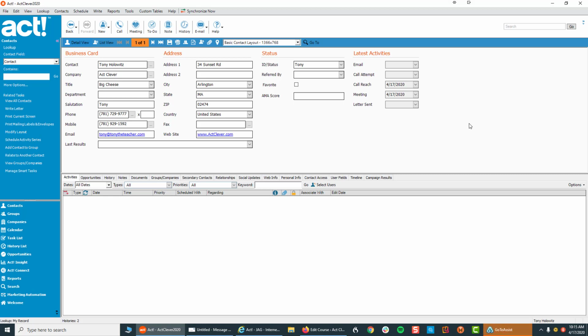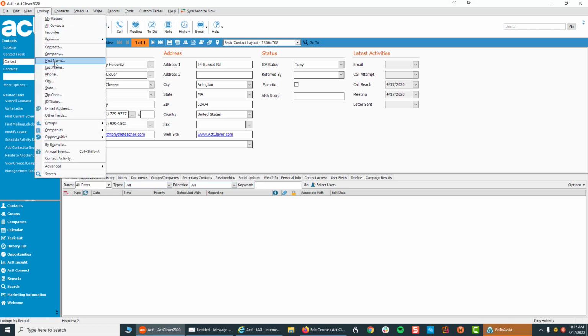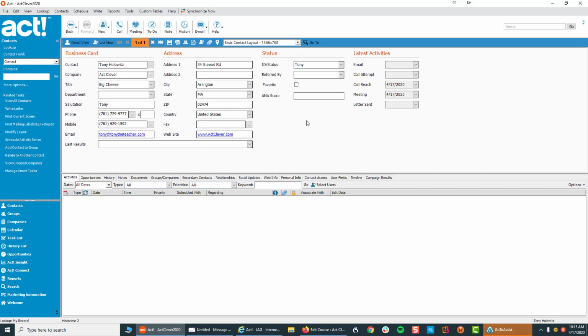So something to wrap your mind around is the fact that sometimes in ACT, things that are important are not necessarily things that are exact. Like, for example, if I want to go up and do a lookup of all the people who had a first name of John, I could do that. But you might want to start thinking backwards on some of this stuff. In other words, you could also do a lookup of all the contacts in your database whose first name is not John. You could do a lookup of all the people who don't have a meeting date. In other words, this field is blank. So you can find things that have happened and things that have not happened, things that are and things that are not. And once you start realizing that and recognizing the depth of the way you can look up information,